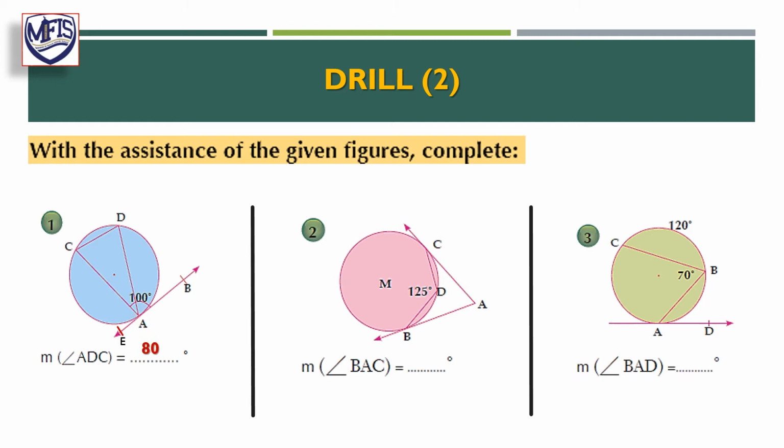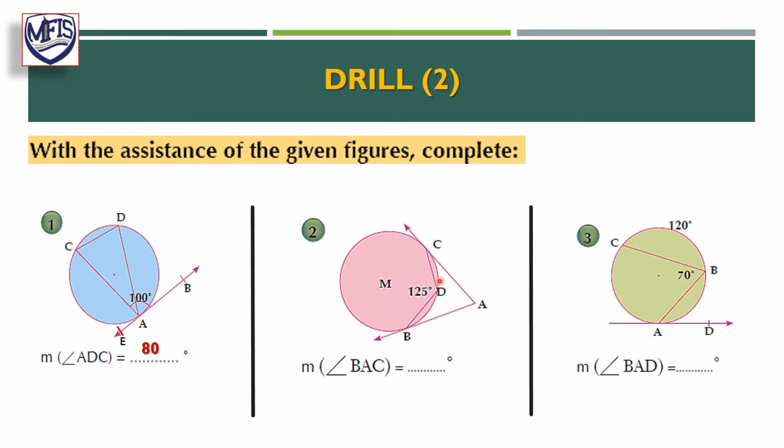Now number 2, I want to find measure angle BAC. What is BAC? This angle. Look at the given here. Here I have 2 tangents of the circle M intersecting at point A outside the circle. Do you remember the well-known problem number 2? How to find the angle included between the 2 tangents intersecting at one point outside the circle? Yes. Measure of angle A equals